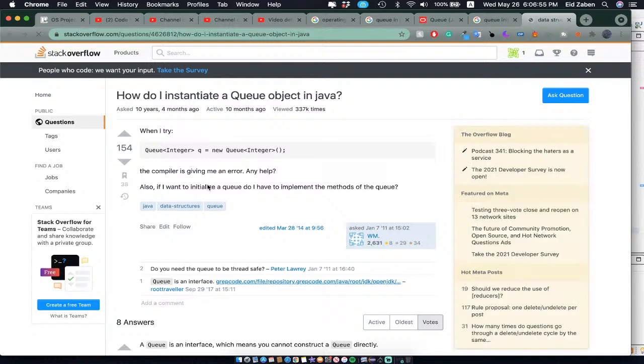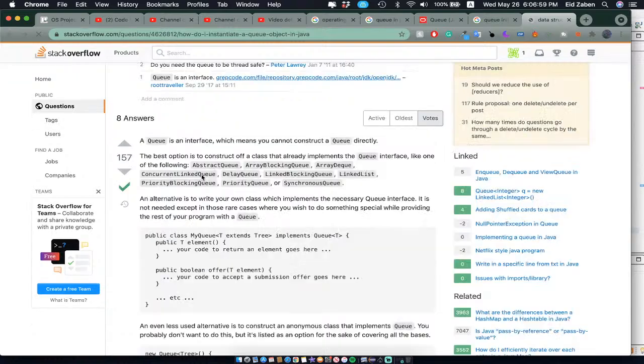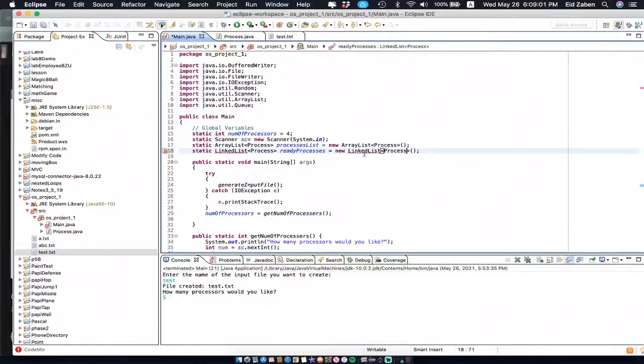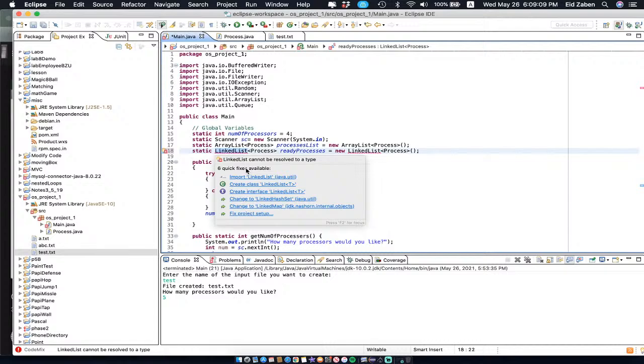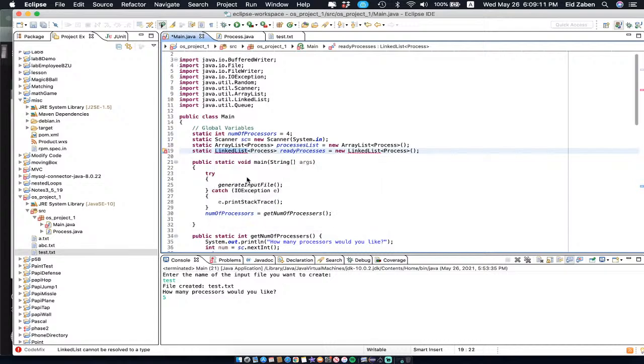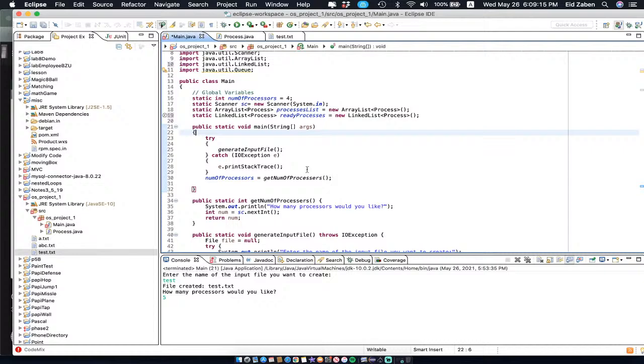Isn't this exactly it? Yeah, so this dude has the same error as me. A queue is an interface, which means you cannot construct a queue directly. The best option is to construct off a class that already implements the queue interface, like one of the following. Okay. Linked list, just a type of queue? If a linked list is a queue, then I just have to import it. I think it's like command dot or something. Alright, we just have to import linked list. Fantastic. We have a linked list of processes,